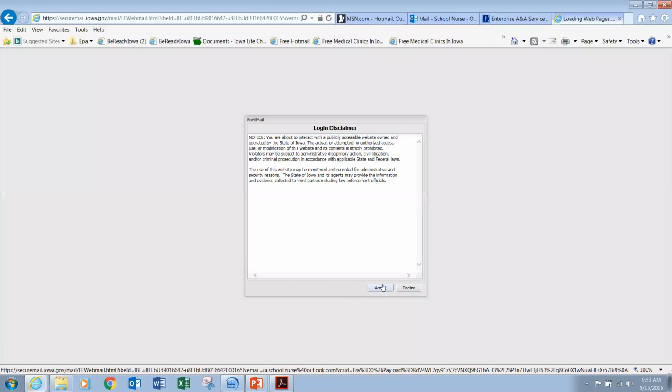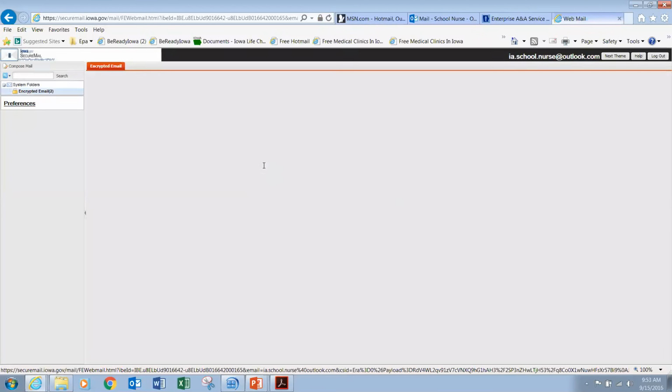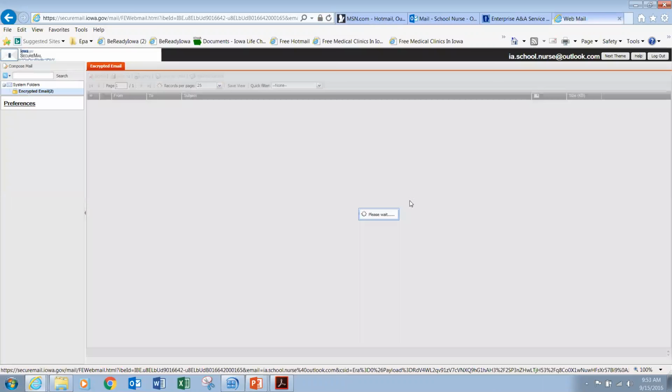And I don't know why it stopped. Try that again. There we go. There's a disclaimer. Once you've logged in, you accept the disclaimer. And then it opens the mailbox. And it'll load the message that was originally sent to you.